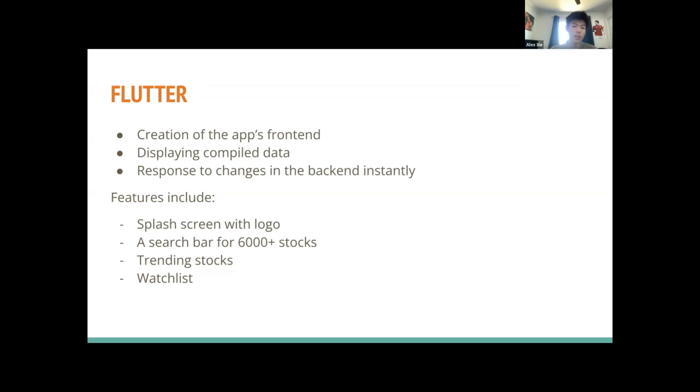The interface also includes a trending stock list where users can see the hot stocks for today. And it also has a pretty basic watch list feature where the user can simply add the stocks that they want to track.